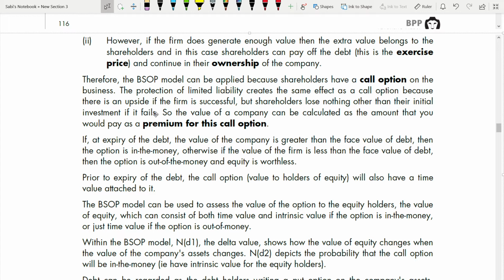So it can be assumed that the call option works like the protection of limited liability. That's why the call option can be used to assess the value of the limited liability company. Therefore, the value of a company can be calculated as the amount that you would pay as a premium for this call option. The amount which you pay as a premium for this call option will be the value of